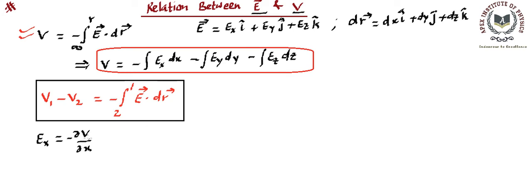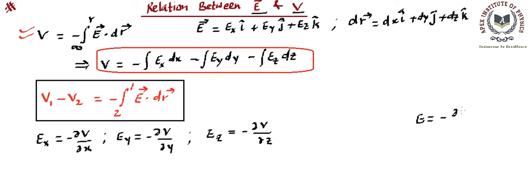That's the partial derivative of potential with respect to x. Similarly, Ey can be written as minus del V over del y, and we can write Ez as minus del V over del z. That means they are the partial derivatives with respect to the quantities mentioned. In general, we can write E as